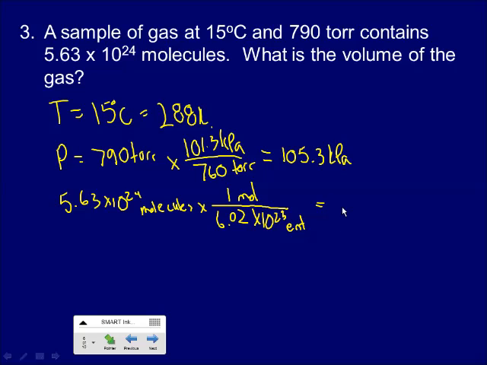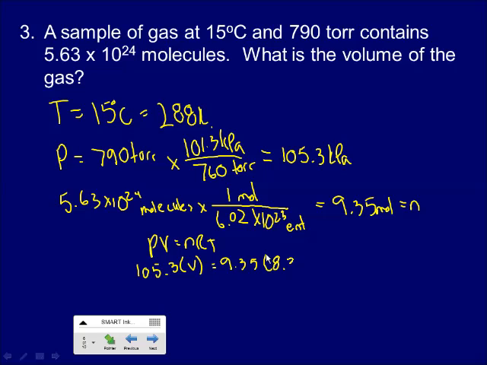How many moles is that when you get it? Jess? 9.35. And that is N. So we've got T, we've got P, we've got N. We should be looking for V, and we are. So PV equals nRT. I'll rewrite it. Equals nRT. Pressure, 105.3. We're looking for V,